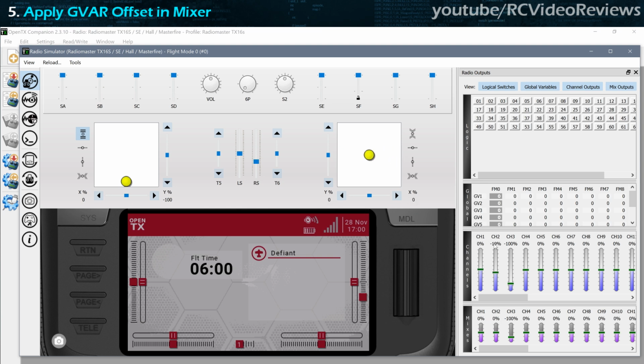So when I let go, I'm at 0 and 19. If I make a right-hand turn, I'm at 34 and 48, okay? So if I let go, I'm back to 0 and 19. So it's real important because we've got to make sure that that's what's happening when we add our offset in